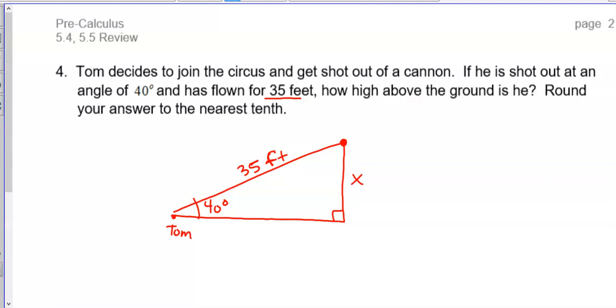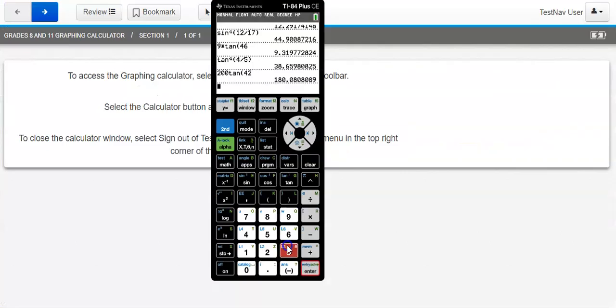So once again, label what you have and what you're looking for. We have the hypotenuse in this case. We are looking for the opposite. That is a sine. So sine of 40 is equal to x over 35. Multiply both sides by 35. 35 times sine of 40